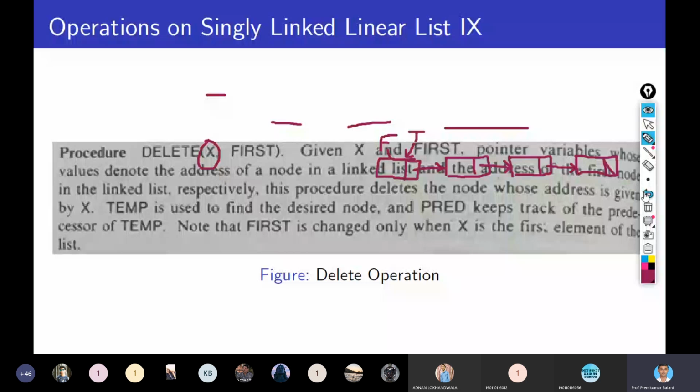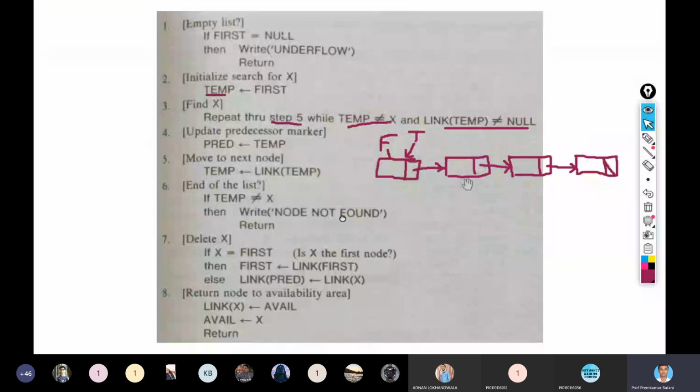So let's go ahead. That's why here temp is not equal to X, right? So now temp is equal to first, and here we have to go through the loop through 4 and 5, till we are not breaking any of these conditions, that is temp is not equal to X and link of temp is not equal to null.